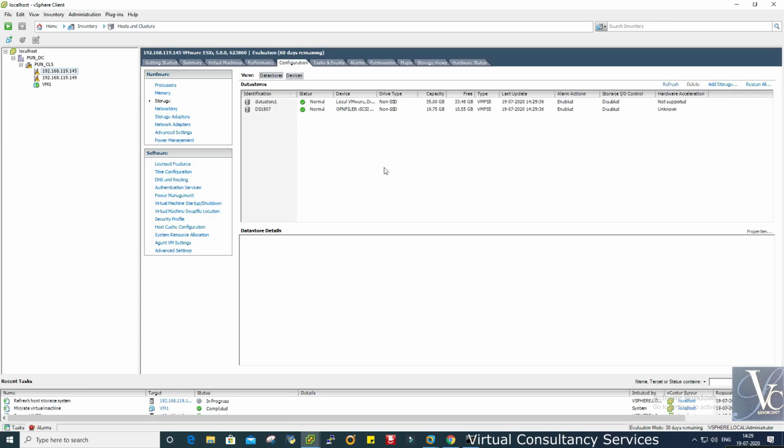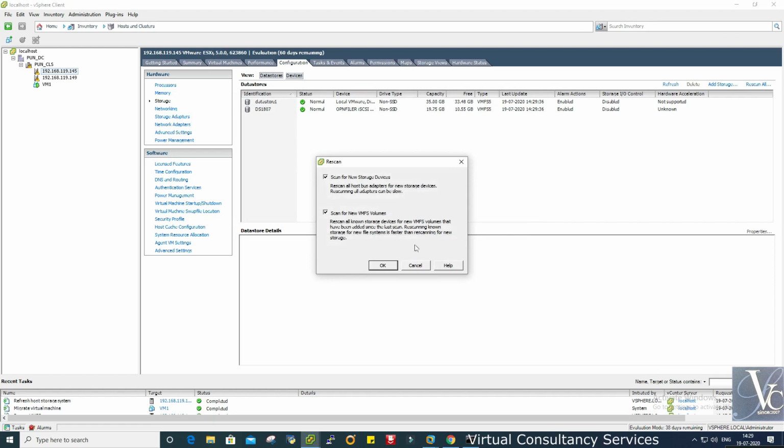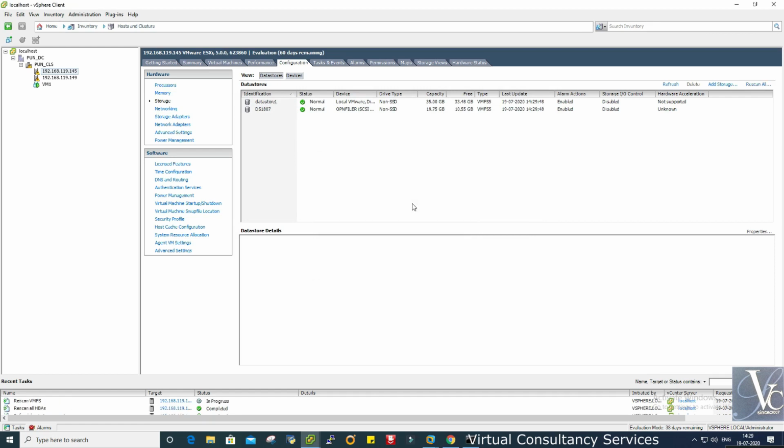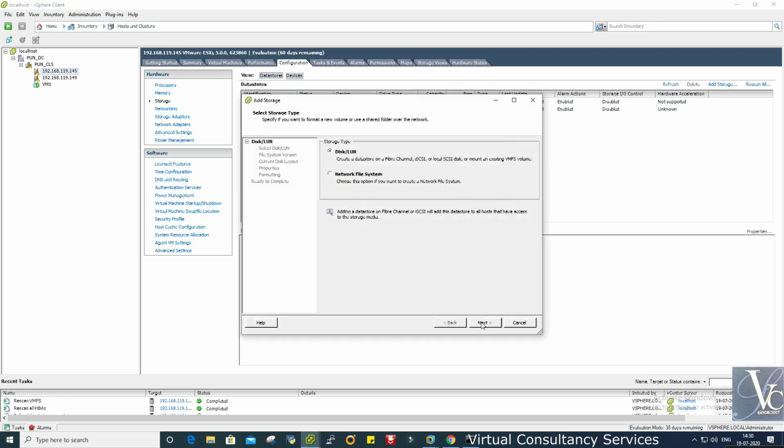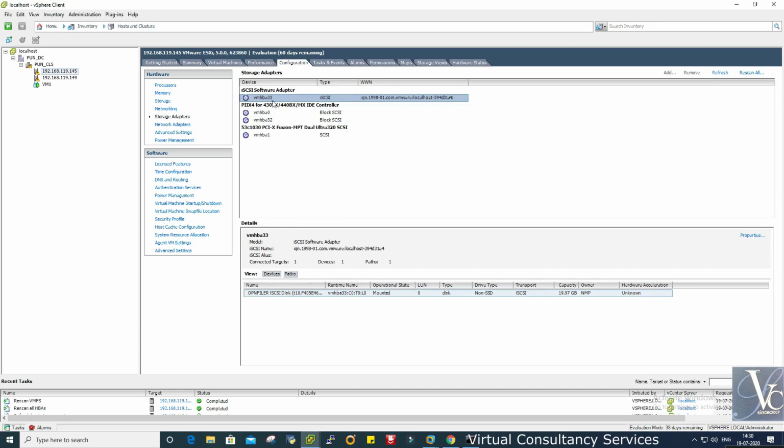Okay, so now we will go into the vSphere and we will refresh. We will rescan once. We will see if it is visible now. We will rescan the datastore, so it will check if any volume is available at its storage adapter. No, we have to go into the storage adapter here. Okay, we will rescan the storage adapter.